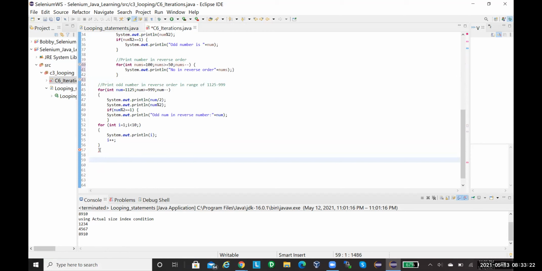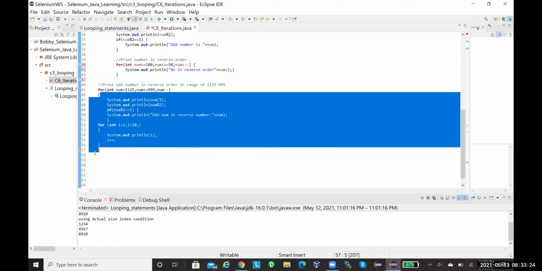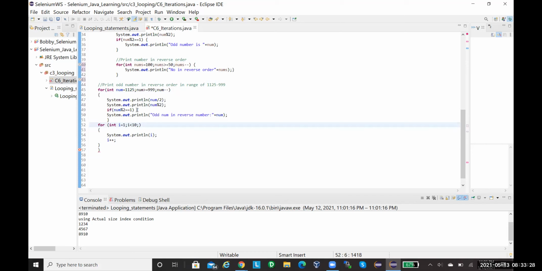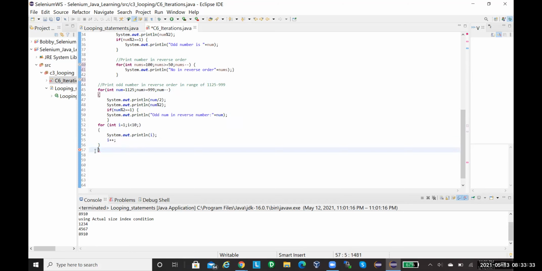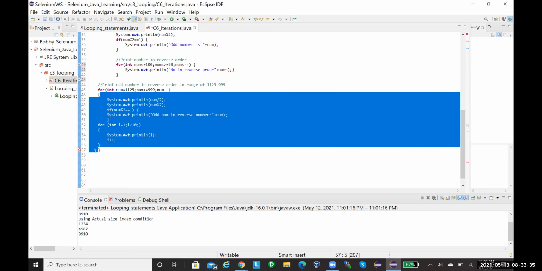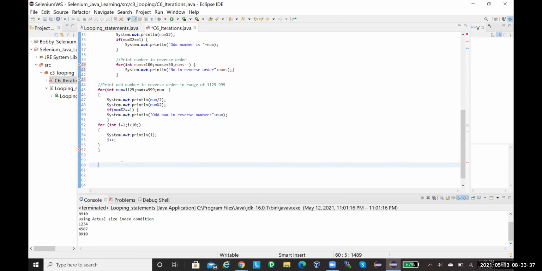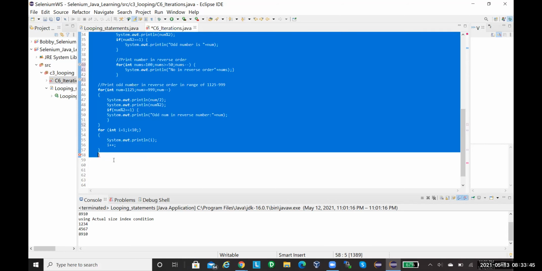Now here again, this is the closure of this for loop. This if is closed here, and then this for is closed here, and then this for is closed here. So where do you want to close this for loop actually? This for loop is ending here itself, right? And this is the closure of the main method.